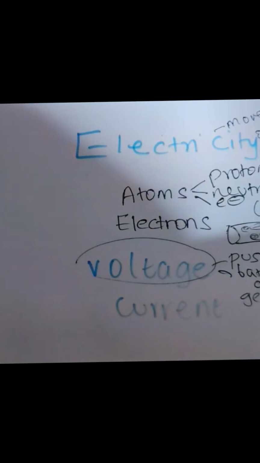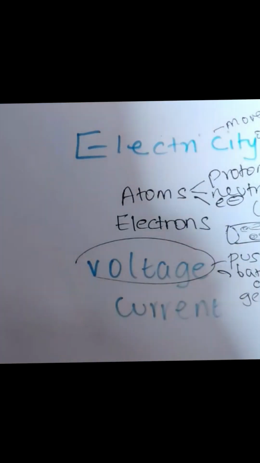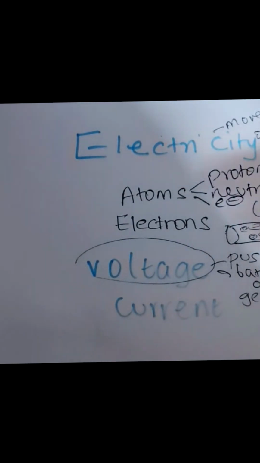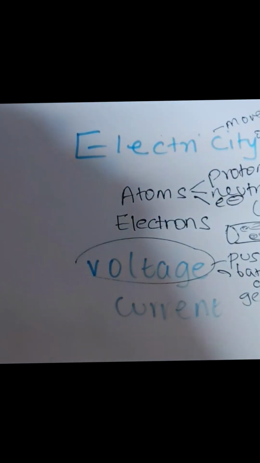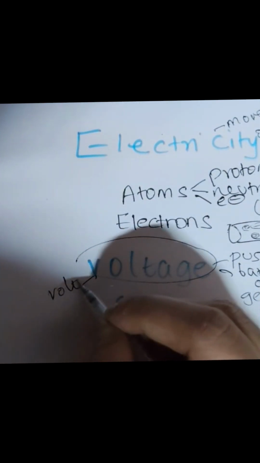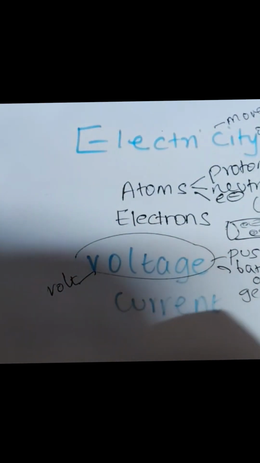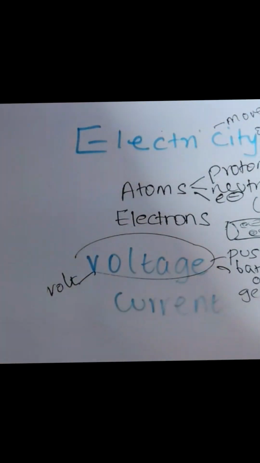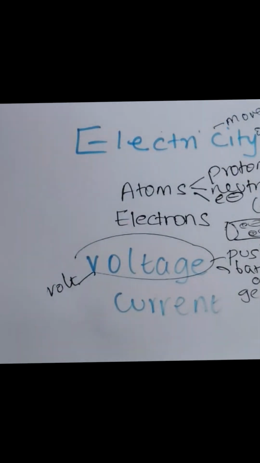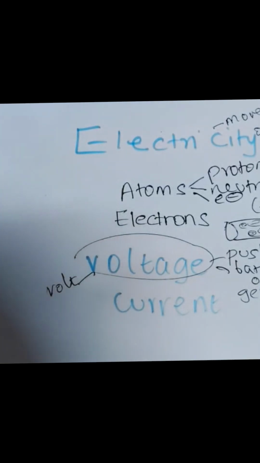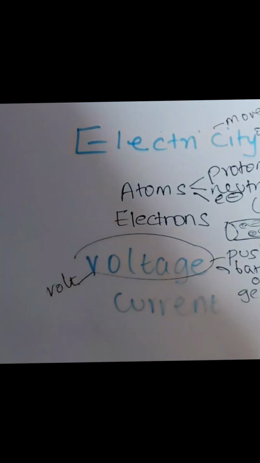Instead of pushing the water, it pushes the electrons. So this electrical pressure is called the voltage. Voltage is measured in volts. That's why, have you heard of a device like a voltmeter? That is for measuring the voltage. Think of voltage as the force trying to move the electrons through a circuit. Greater the voltage, greater is the push.